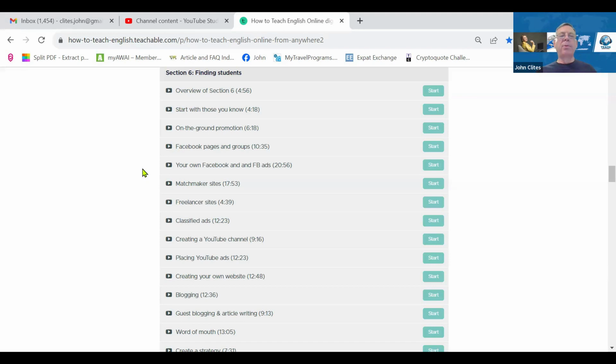Also, Facebook can serve as a website. Remember, I said I wouldn't fool with getting a YouTube channel or a website, at least not initially. And you really don't need to, because if you set up a Facebook page, it will do essentially everything that a website would do for you, and for free, right? And you don't have to get the domain and the hosting and the SSL certificate, and you don't have to worry about getting hacked and all that kind of thing. Facebook pages are really nice.